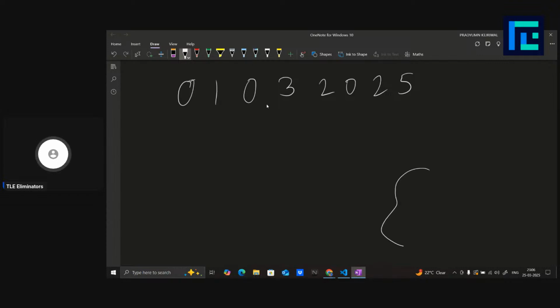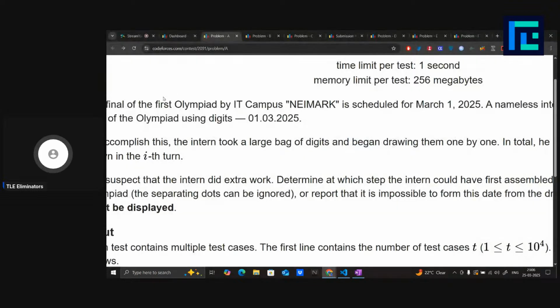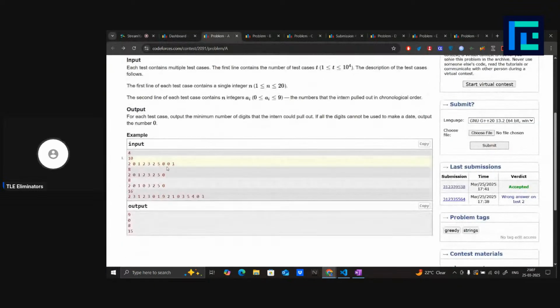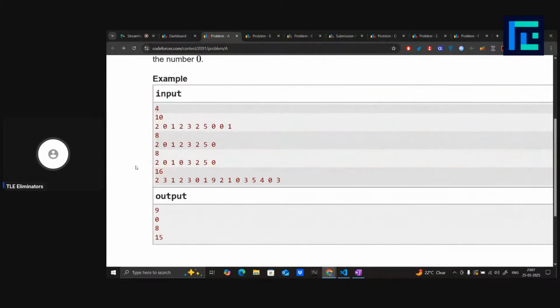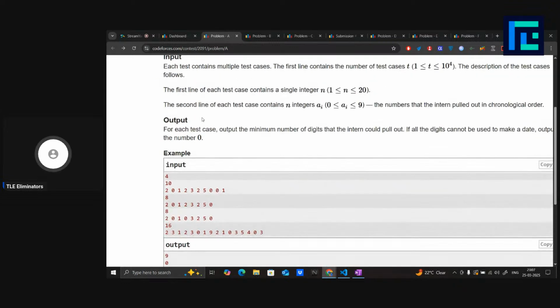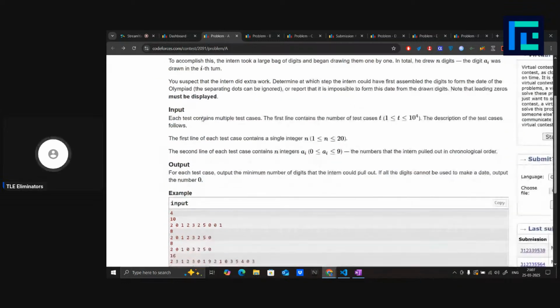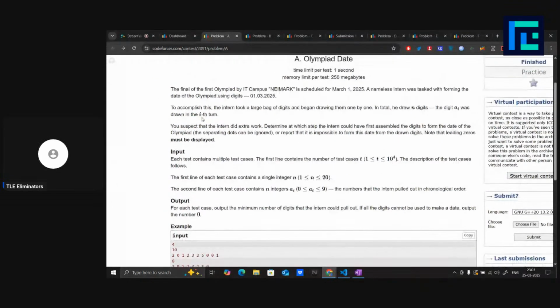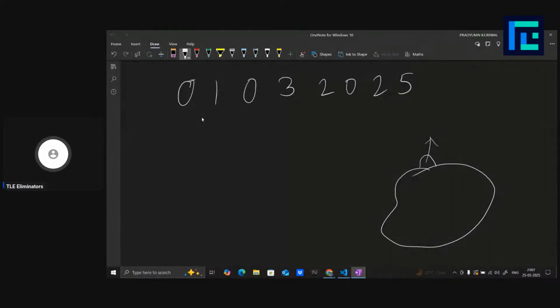So he has a bag, and from that he is picking up some numbers, and it has been given what the sequence of numbers that he picked is. So in the first test case, he picked 2, then 0, then 1, then 2, and so on. And you have to report after how many picks he was able to form this date,